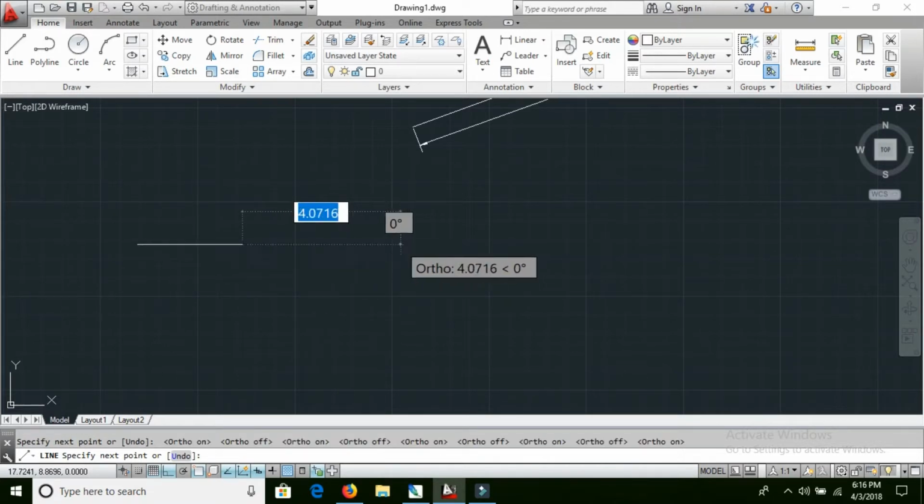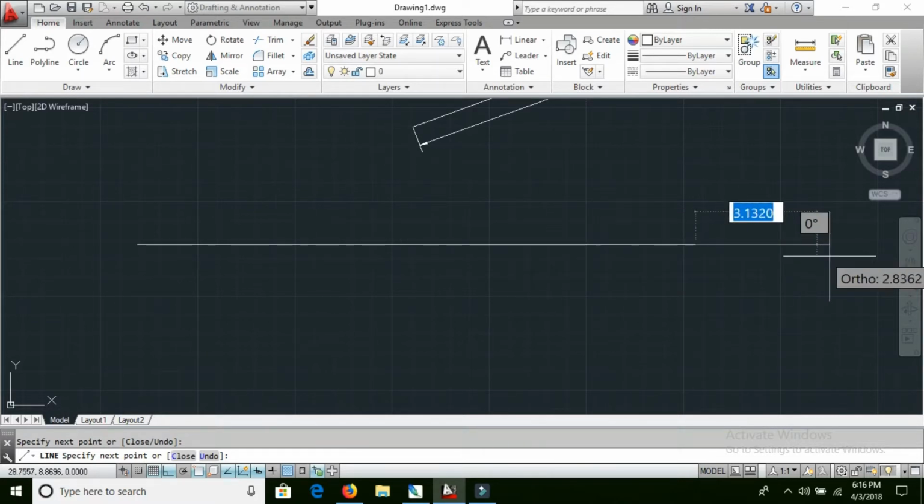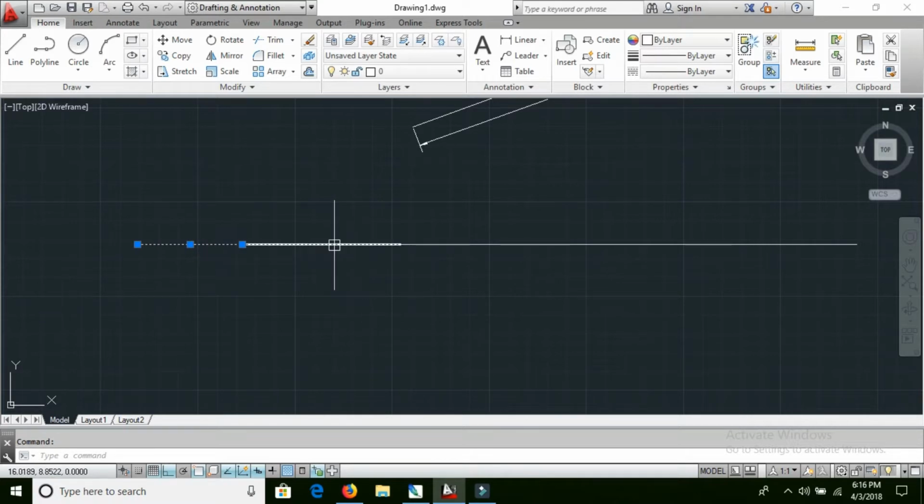I'm using F8 over here, so I am clicking one point over here, and I'm clicking one more point, one more point, one more point, one more point here. Now what happened, friend? I have the different line segments over here. Clear, friend? So I have one segment here, another segment, another segment, another segment is over here. If I want to show the dimension of this line segment, this line segment, this line segment,